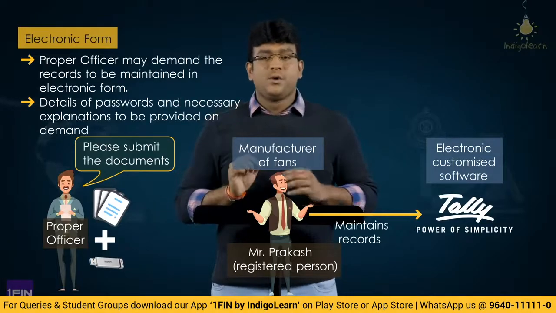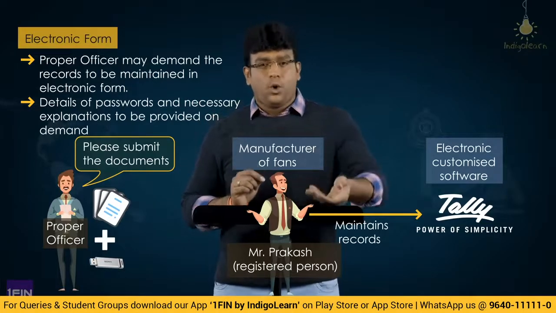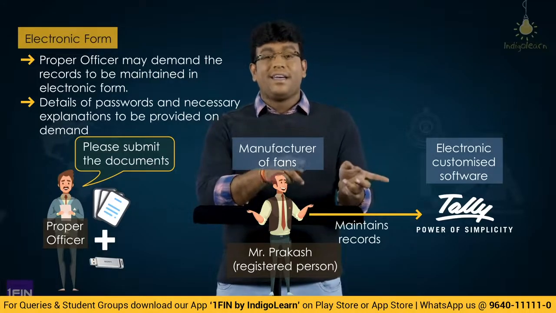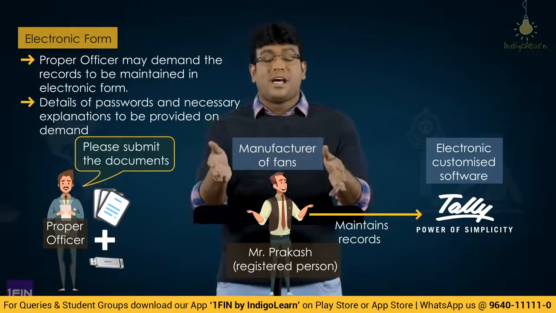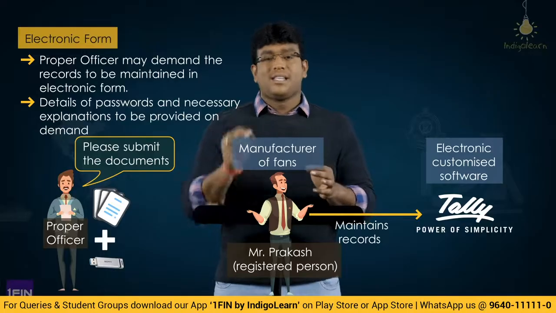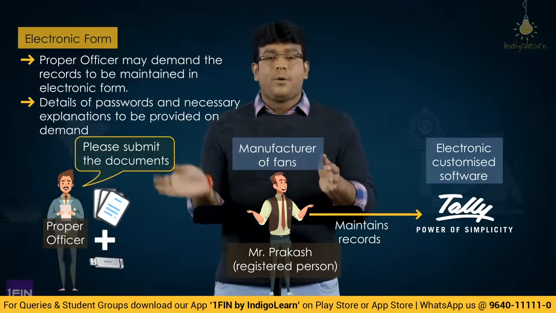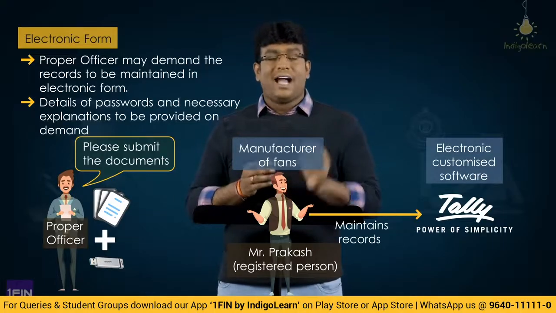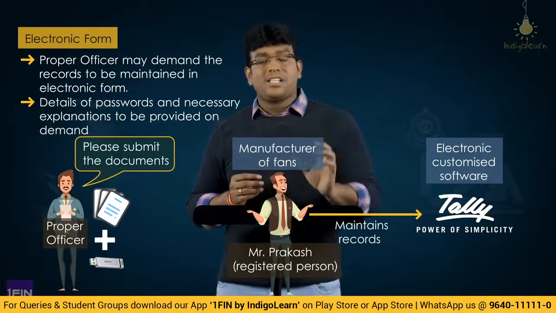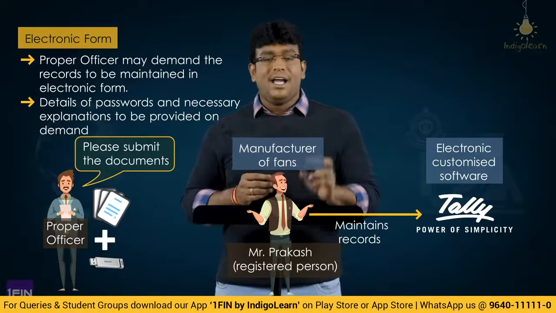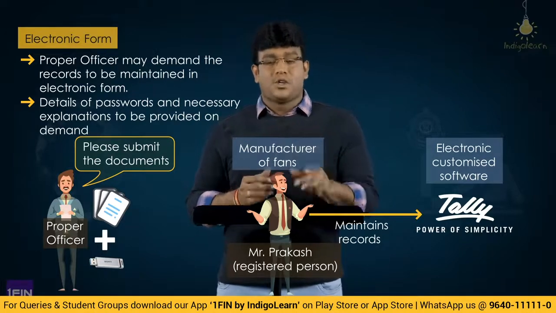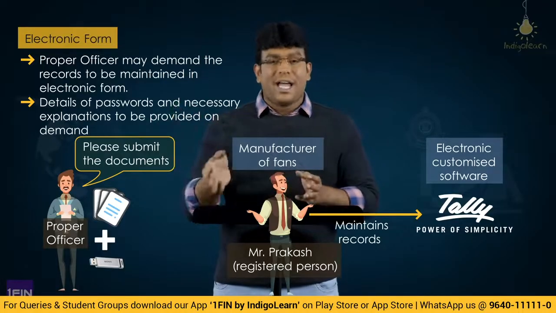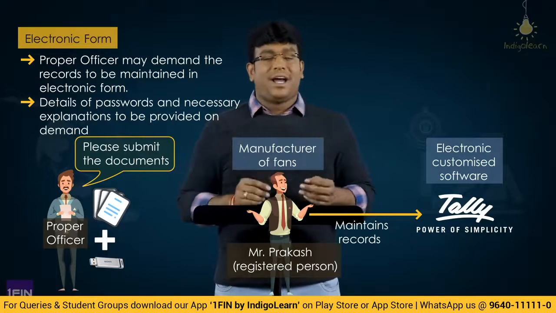And if Prakash is using any shortcuts or codes in that software, he should ensure that he gives those codes to the proper officer, explaining what each code symbolizes and signifies. Only then will the proper officer be able to properly verify and check the records. And if there is a password for a particular file, it is the responsibility of Prakash to submit details of all the passwords